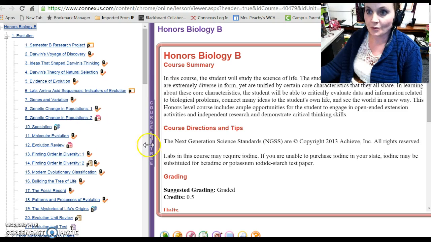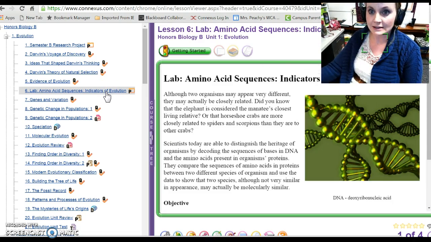course tree for Honors Biology, and when I was trying to do this it got a little bit buggy, so I had to try a different way to get it to work, and I want to run through that with you in case you're having similar issues. Right now I am using Google Chrome as my browser, and when I click on Amino Acids Sequence Indicators of Evolution,